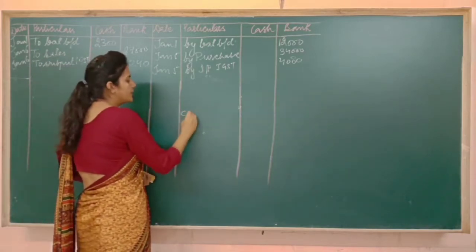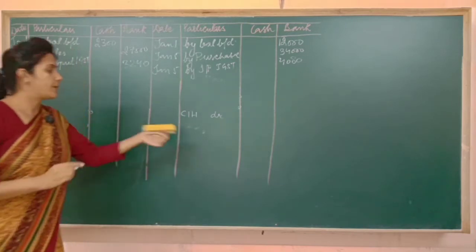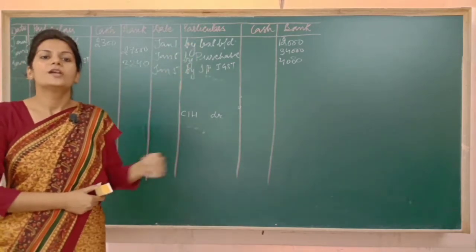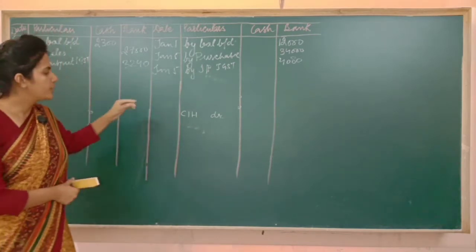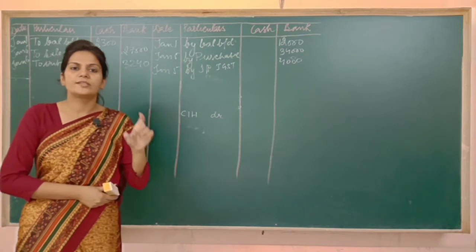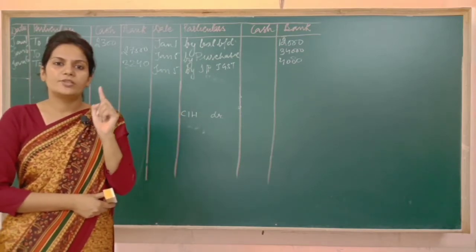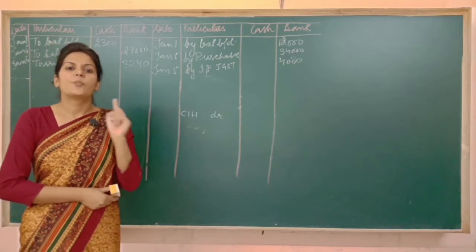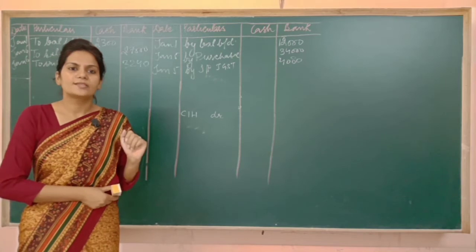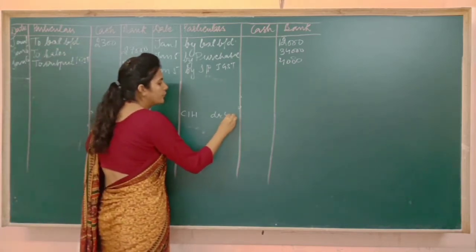Entry is going to be checks in hand debited. So now why am I writing here checks in hand? Because when you go through the full-fledged question note, you will get to know that you have deposited this check which you have received on January 7 on January 9. It means check received on January 7 has been deposited into the bank on January 9. So in this case, we are going to pass the entry checks in hand debit 4,000.